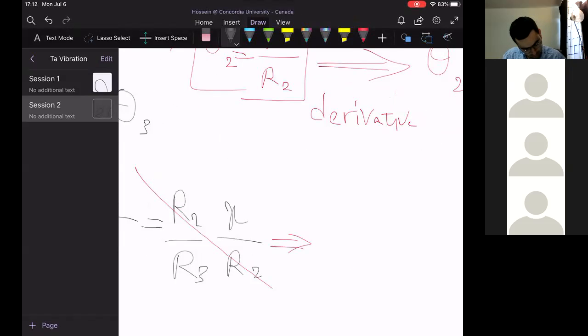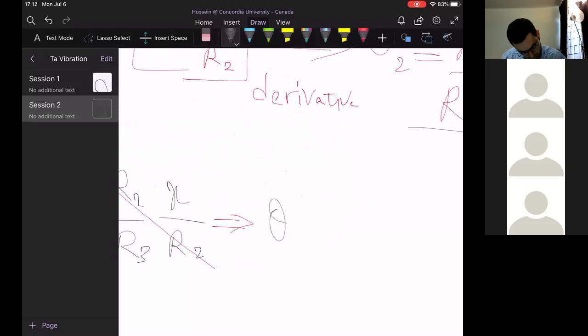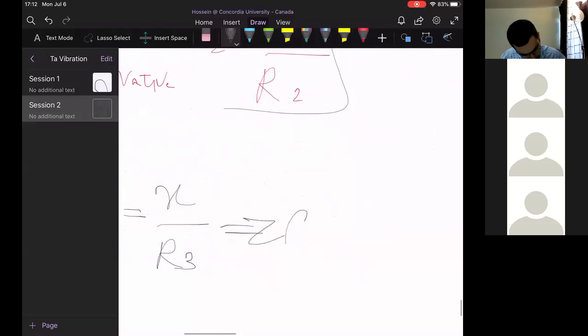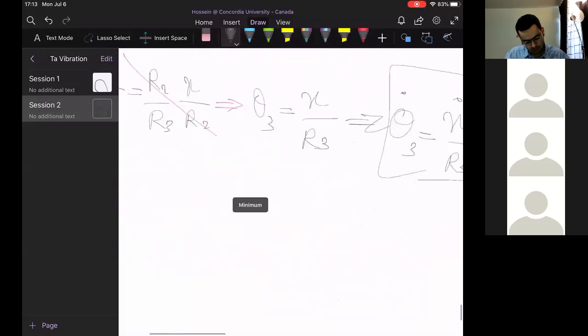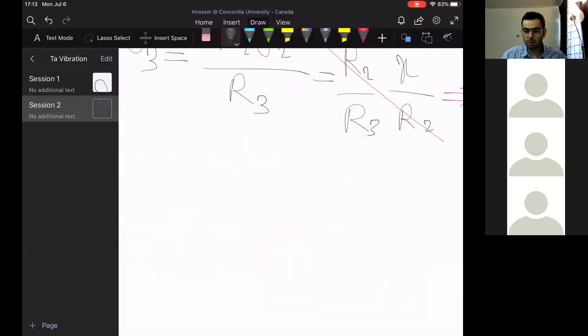Therefore theta 3 is x over r3, and you could easily take the derivative. Therefore theta dot 3 is x dot over r3, right? By plugging these two relations into the kinetic energy, you could